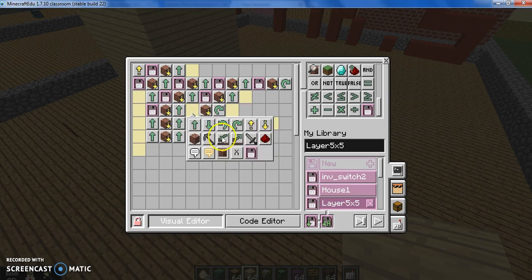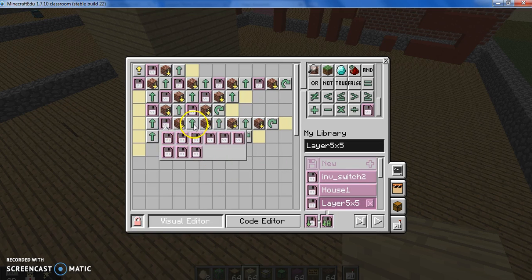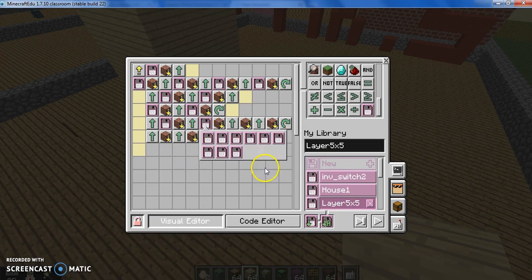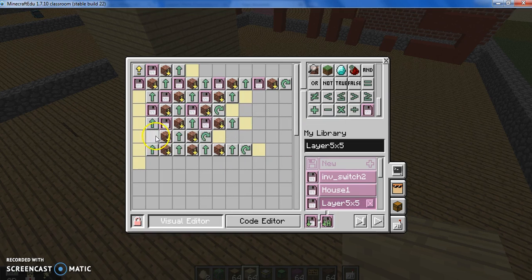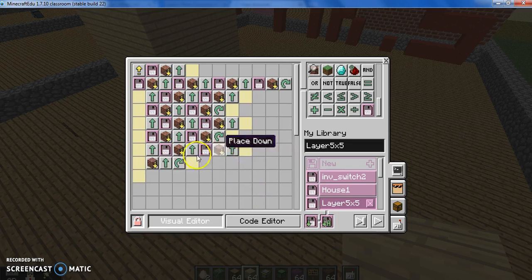Inventory switch, inventory switch. And again, all it's doing here is checking to see if there's any blocks in the current slot, and jumps to the next slot if it needs to. This is just ugly looking. It kind of bothers me. But until we get a repeat block made, this is what we'll have to do. Put in that. And finally,